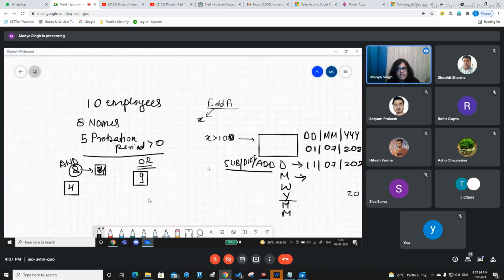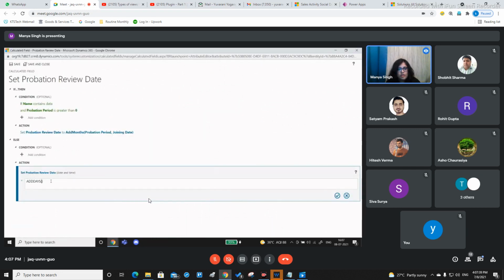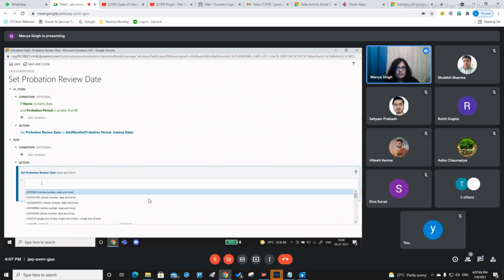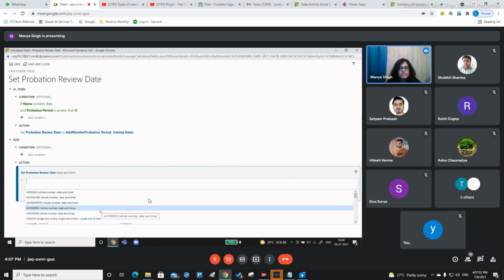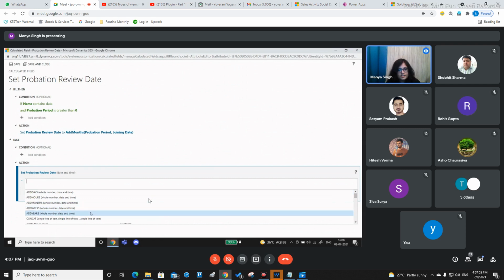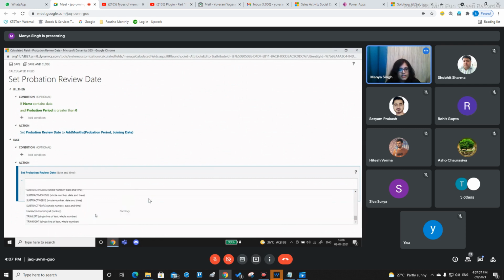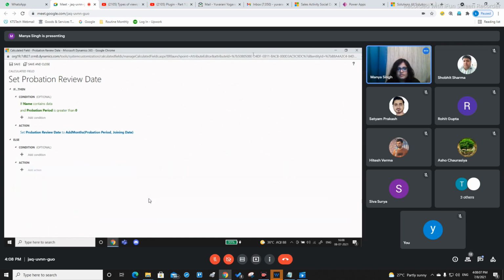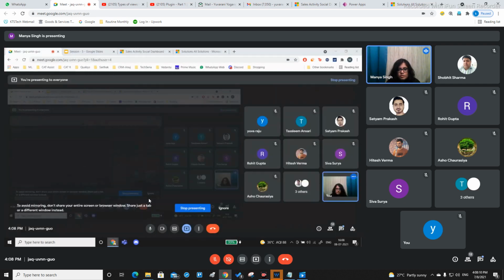So this was all about the loop and conditional, and how these conditions are being connected using and, or. At the same time, this was all about your functions in calculated field which are related to add, subtract, and difference, the diff. We have a few more functions for the calculated fields, which are related to string of text, or single lines of text, which are concat, trim. So we'll be taking this up in the next session. It is quite simple, and then we will be starting up our roll up field as well.